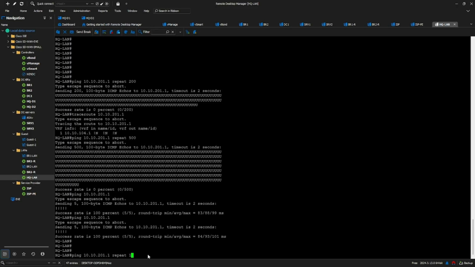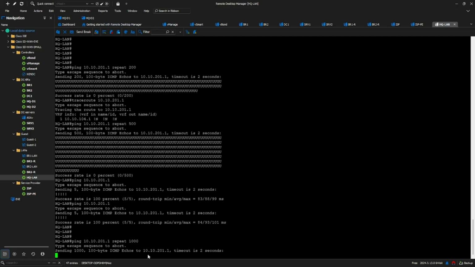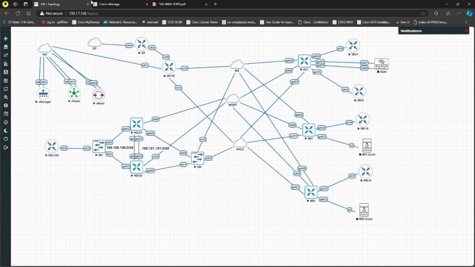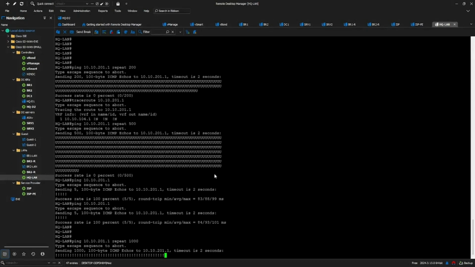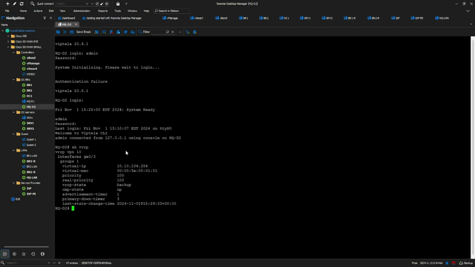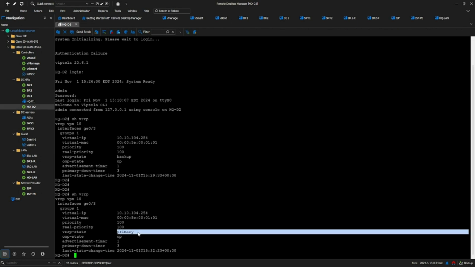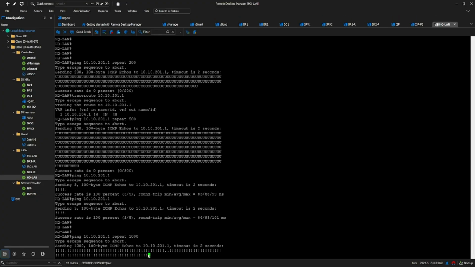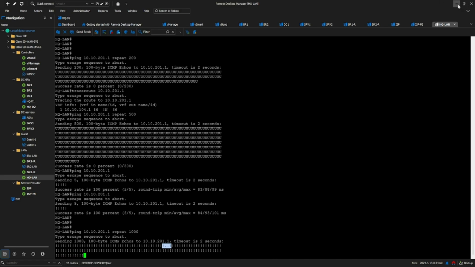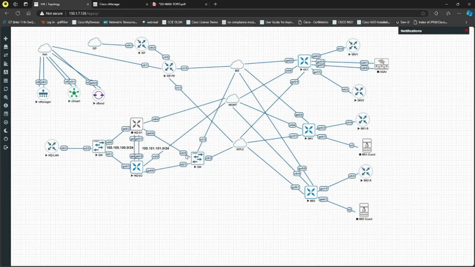I will set the repeat to 1000, go back to my topology and just shut down the device, because device 2 should become the VRRP primary, then it will start forwarding. You see that it became primary now, and you can see that there was a traffic dropout. So the way I was working, shutting down this interface, did not work. I need to shut down the whole device. So if I go back and turn it back on,